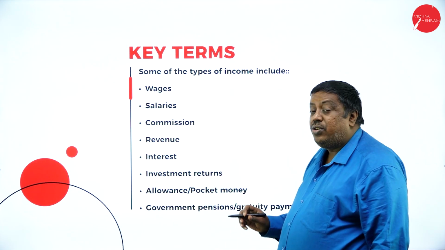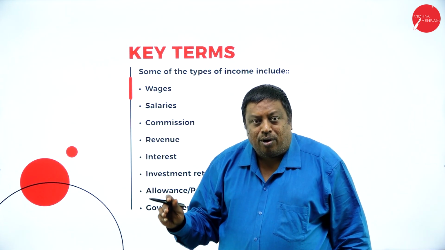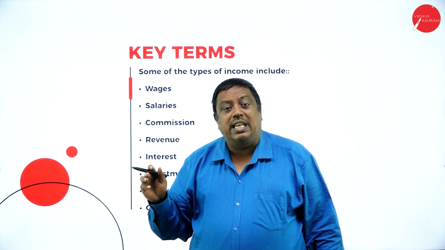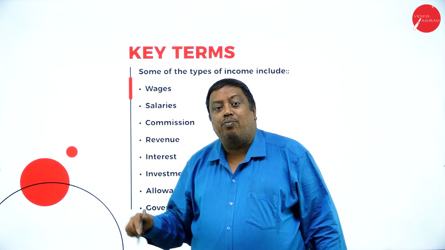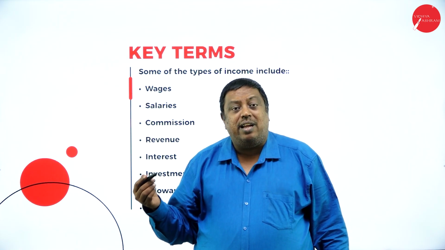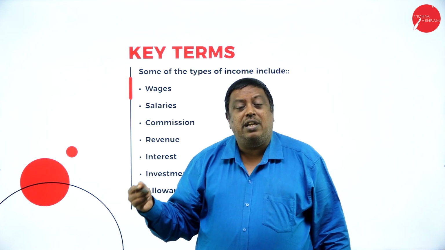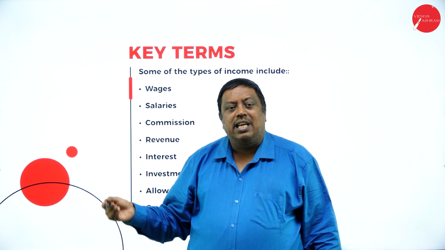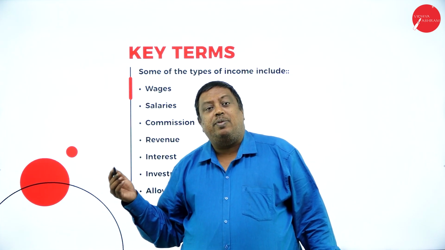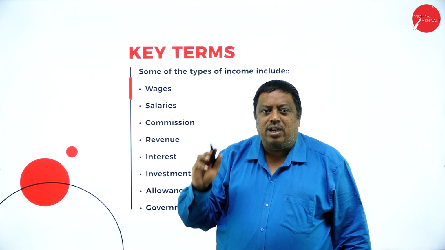Next, gratuity. Gratuity is a benefit received by employees if they have worked in an organization for a period of more than 5 years, where there are more than 12 employees continuously. Each and every such individual is eligible to receive the gratuity. Again, it is based on the employer whether the gratuity is to be provided or not. If you receive that gratuity, then that is called an income.